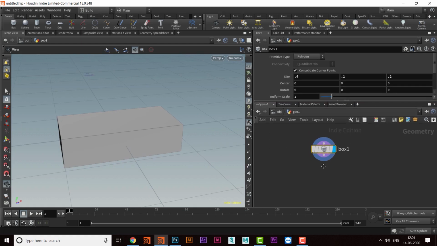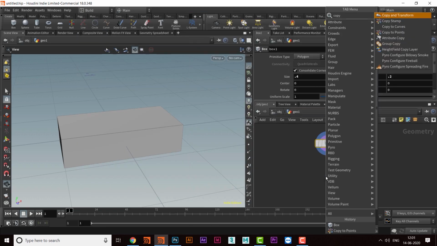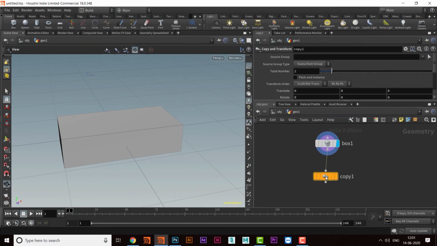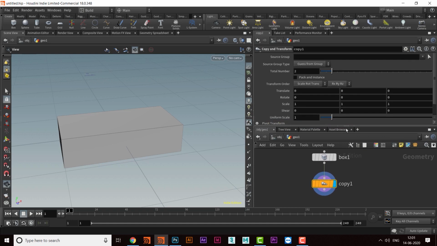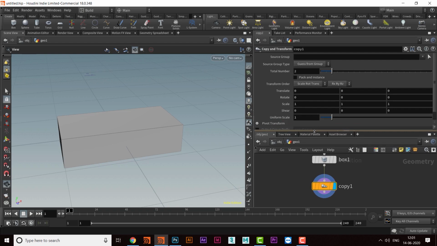And now we will take copy and transform, the first one in the series. Click on the display flag, and here in the parameters we have some options. We don't have many options there, but whatever is there can do a lot, if you want them to.